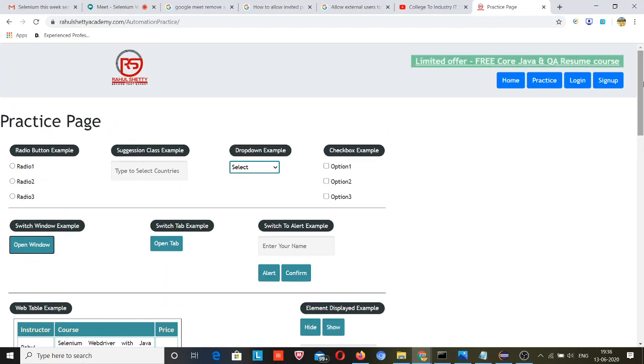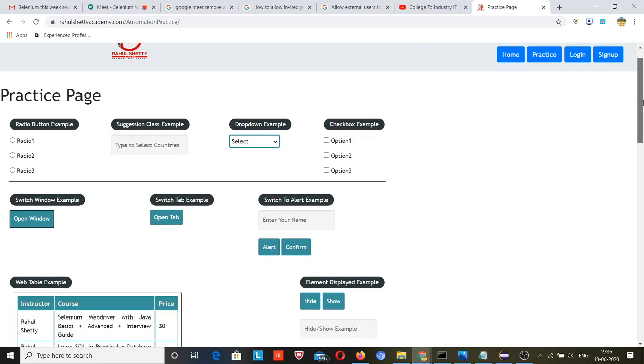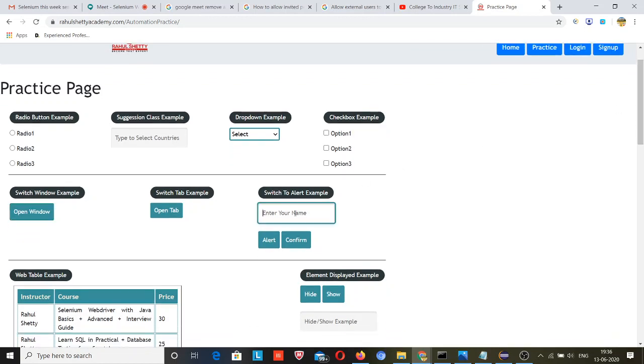I will share the URL later on. And this is the text box. I am referring to all my topics related to locators, so I am only telling you about the text box.